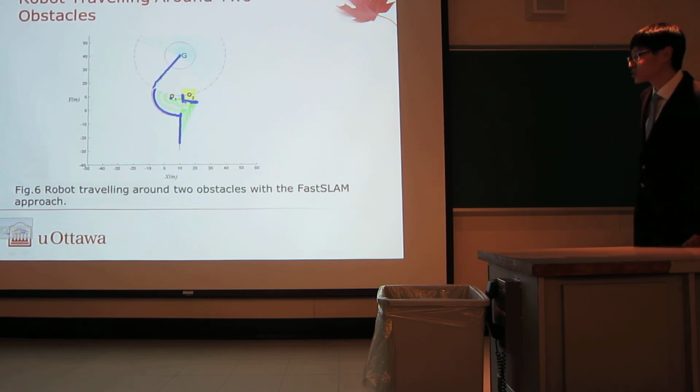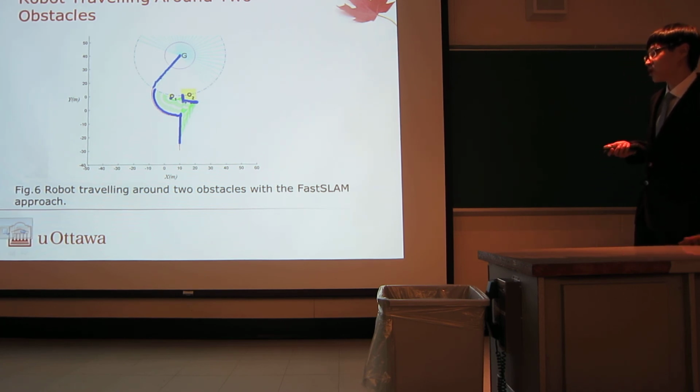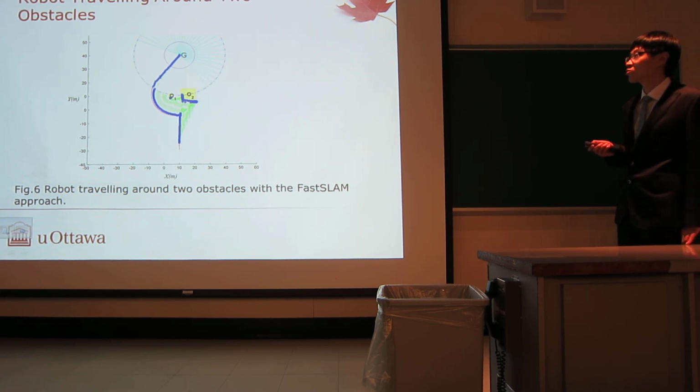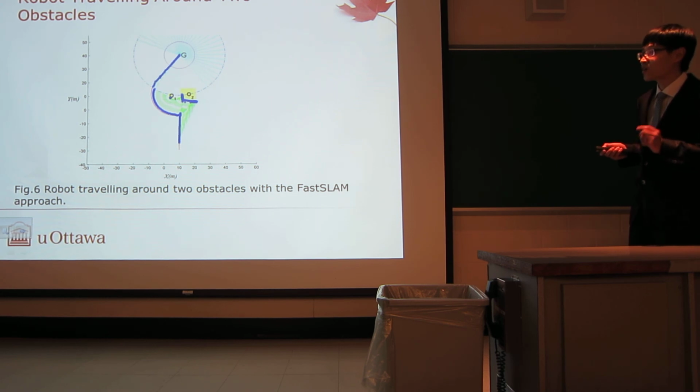And this figure shows the simulation results with the robot traveling around two obstacles with the fast-snap approach. We can see here, the blue solid square means the estimation of robot positions based on the measurement with regard to the obstacles. And this blue pentagram means the estimation of robot positions based on the measurement with regard to the goal. And this blue asterisk is